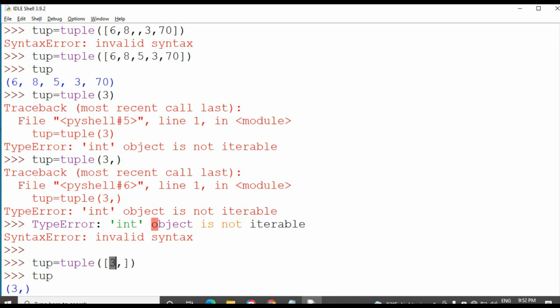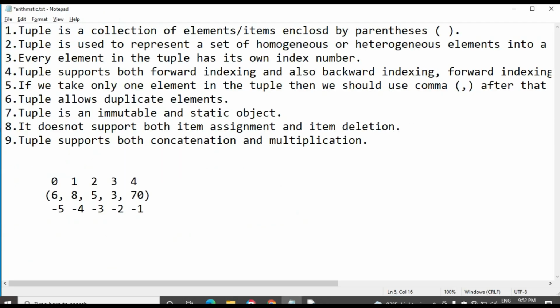See, if we want to create a tuple with only one element, we should add a comma next to that element. That's the point given here.